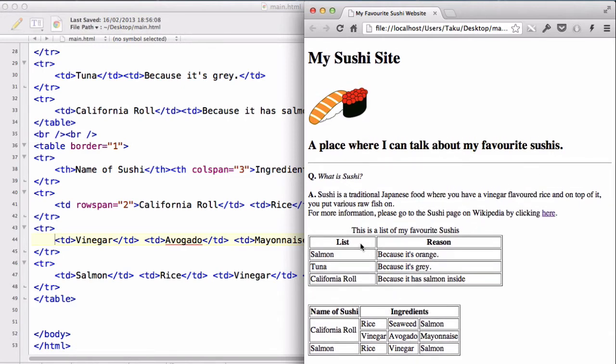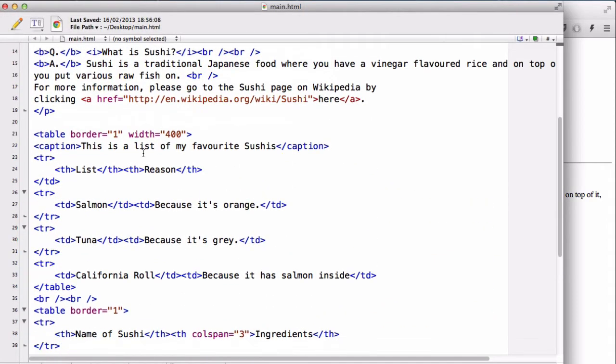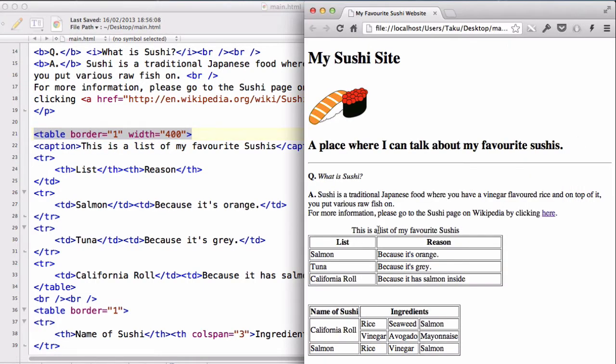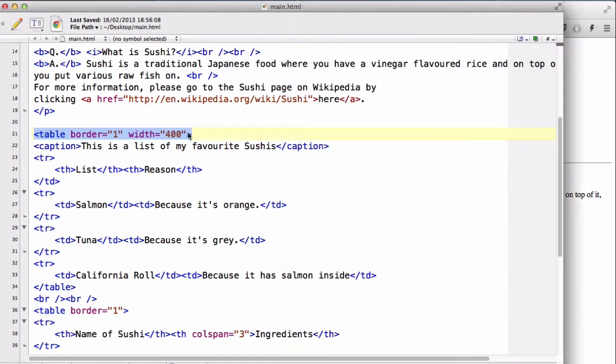I'll use my first table for cell padding and my second table for cell spacing so you can see the difference between the two. Now for both cell spacing and cell padding we are going to add the HTML attribute into the start tag of our table tag. So this is my start table tag for my first table, this one. So after my width I am going to type